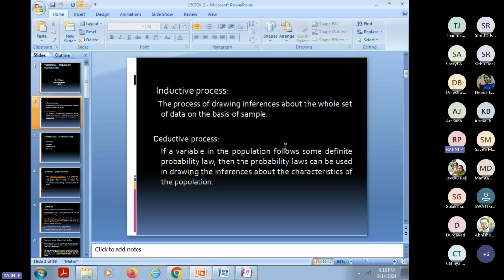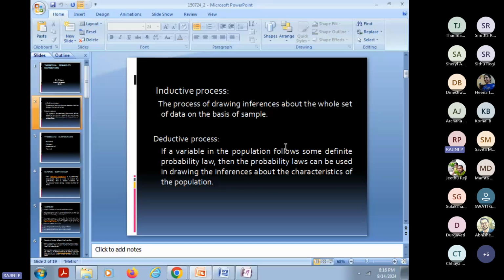If you are giving the conclusion based on the entire data, not through the sample, then you need to check one thing, whether it is an inductive process or a deductive process. So inductive process means what? The inferential statistics. Based on the sample, you are drawing the inference about the population. It is called the inductive process. And next one, what is a deductive process? Deductive process means you're not considering a sample, or if you consider also, no problem.